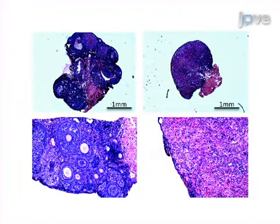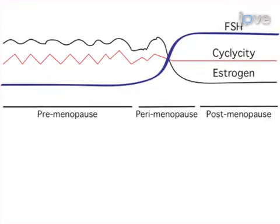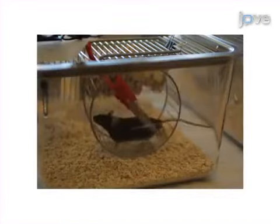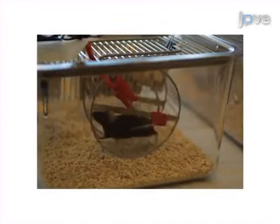15 to 20 days of persistent diestrus or non-cycling must be observed by vaginal cytology to confirm loss of cycling and ovarian failure. The final step is to implement an intervention that may be impacted by menopause or the transition to menopause,